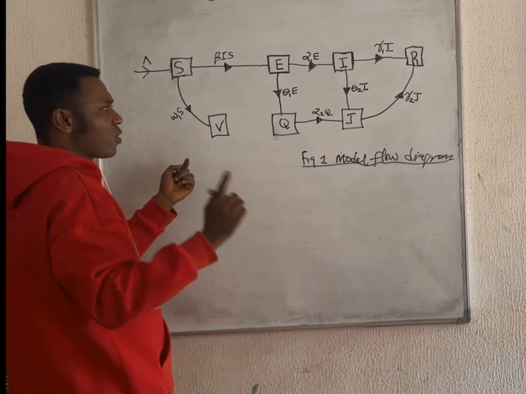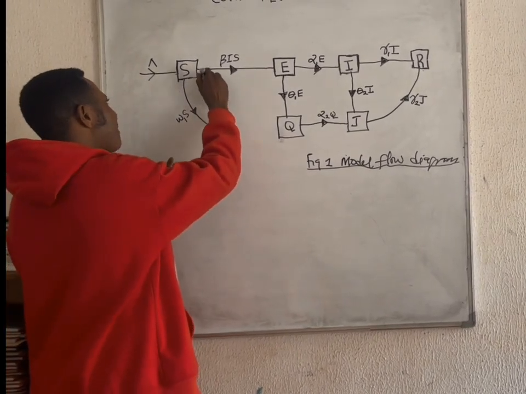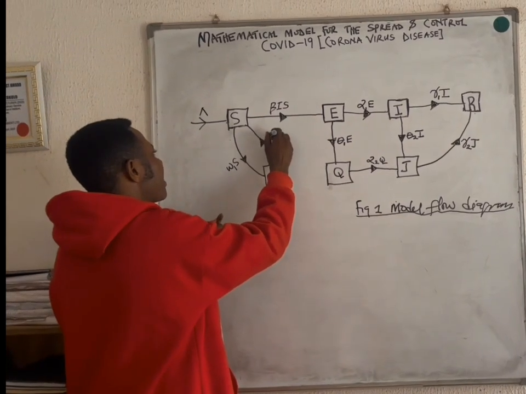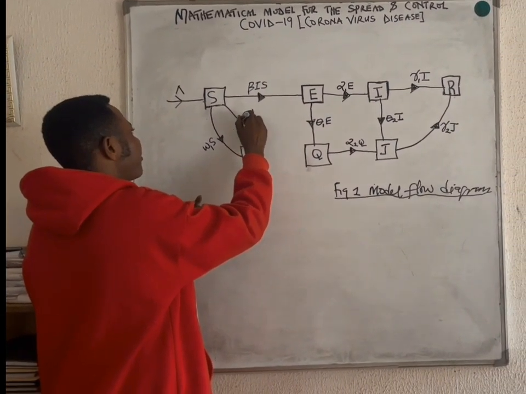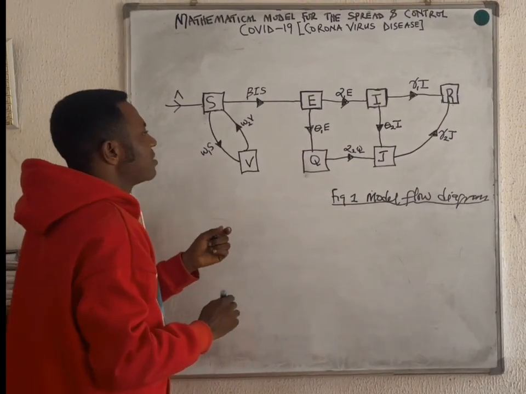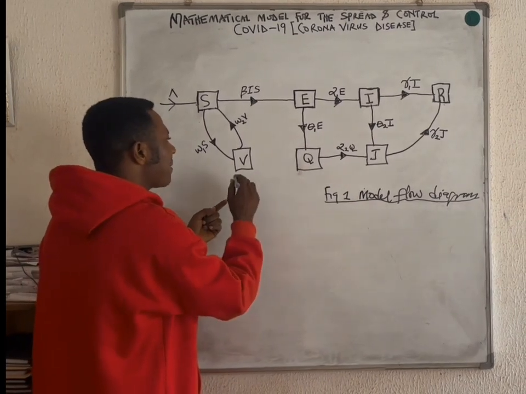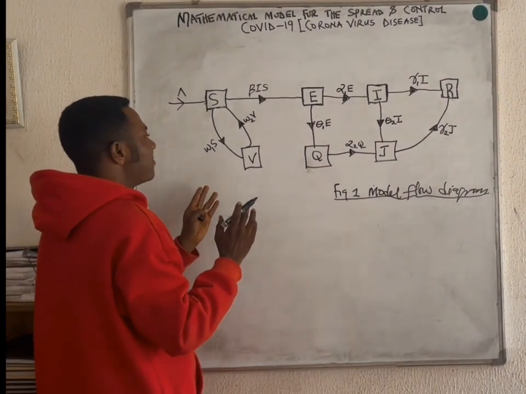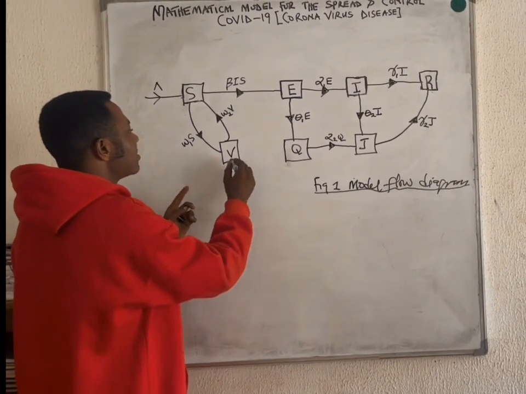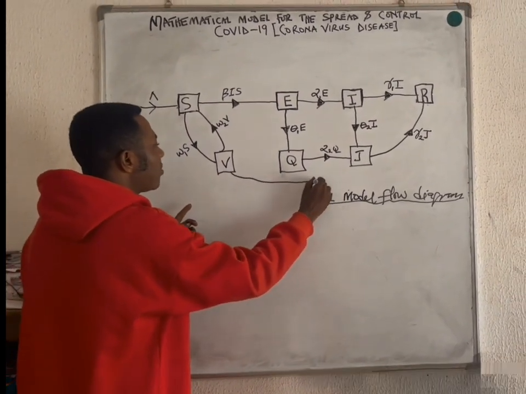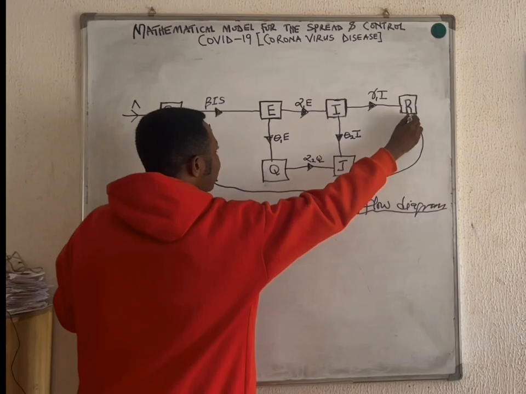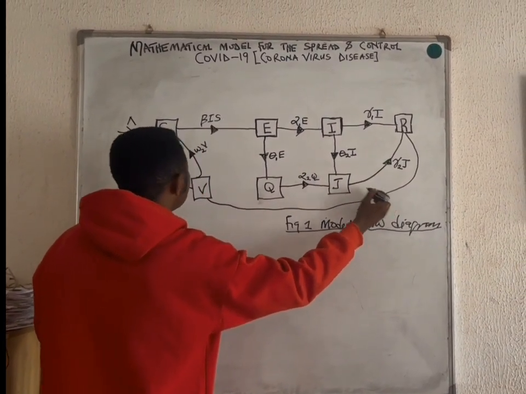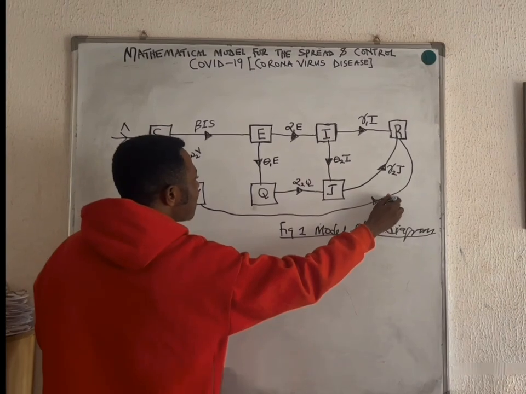When the vaccine fails, they return back, because there's always the possibility for the vaccine to fail. So now say omega 2V. If it fails, they return back. And now, the vaccinated, when the vaccine did not fail, if it works, these people will now recover. They have permanent immunity. Maybe they recover, they are taken to that class. Maybe let me use omega 3,